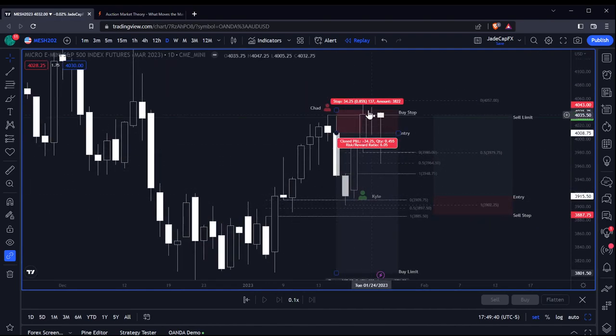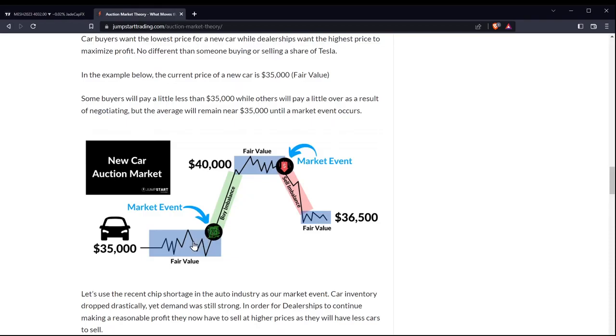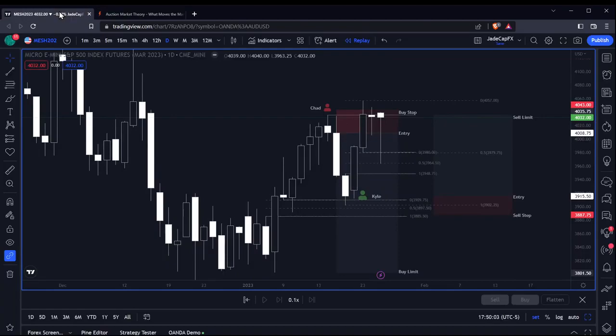Right? This is a buy side imbalance. They're repricing it to a specific discount level before it can go higher. So this is the low, the high, and then we'll reprice it to a fair value. And if the market is predominantly bullish, they're going to want to buy it at fair value before the market trades up above the last premium high.